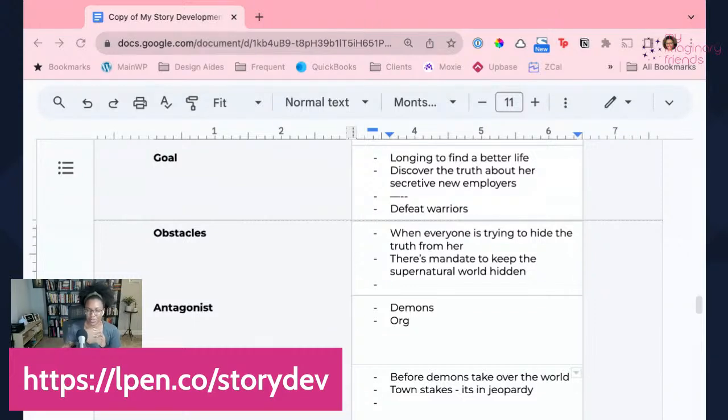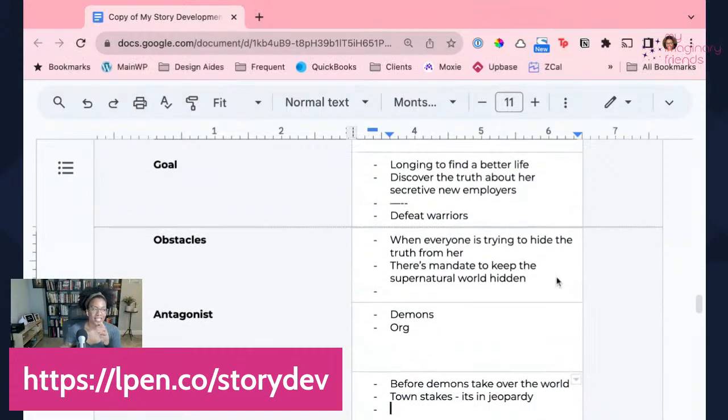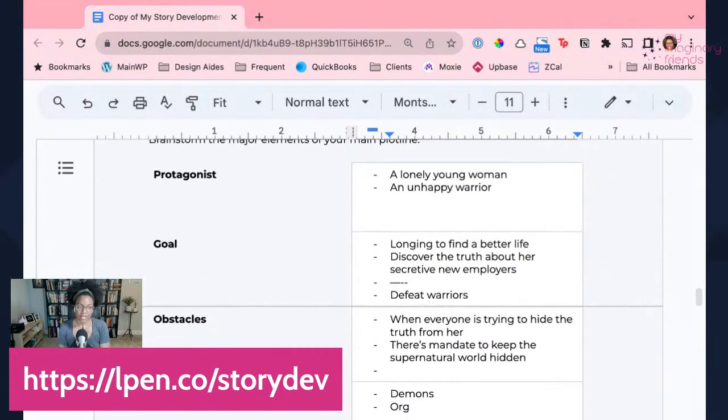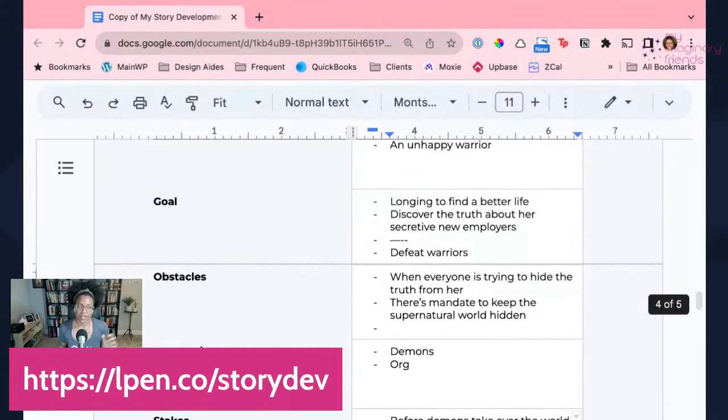Yeah, I don't know if I'm gonna be able to do this live just because it'll probably take me too long. But I'm thinking now, also doing the log line shows you where opportunities are and maybe to shift some things. So, lonely young woman and an unhappy warrior together, their common goal is going to be of the big story spine. The overarching story is to stop the demons from attacking this town while keeping the secret